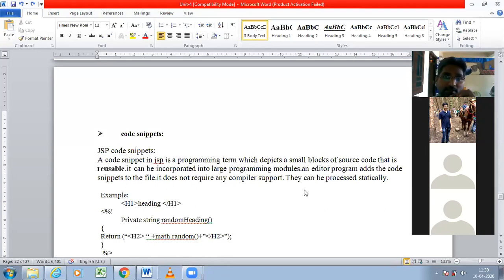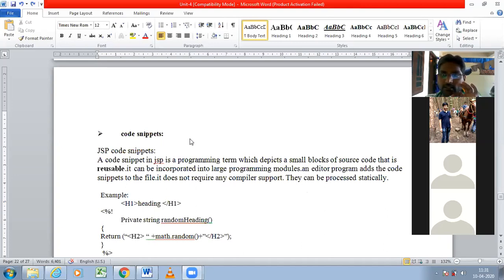So like that in JSP, if you want to reuse the code, if you want to call that particular code, you can call it. In C language, in order to use the functions, we call the function by using its name, so that the function definition will be called. Similarly here, first we will write the JSP code. For that JSP code, with the help of a function name, we will be calling that code. Here we are not calling it functions. In JSP we will call it snippets. Very easy concept here, snippets.